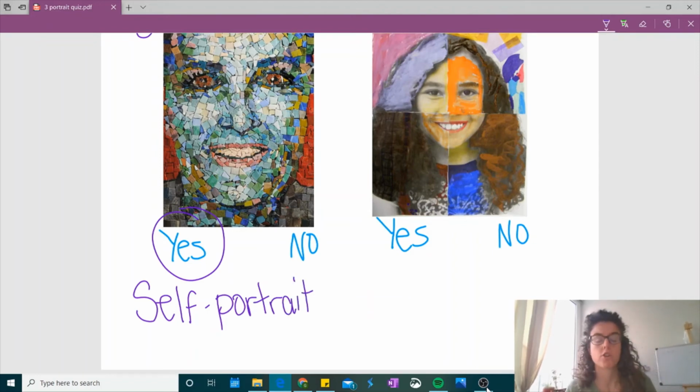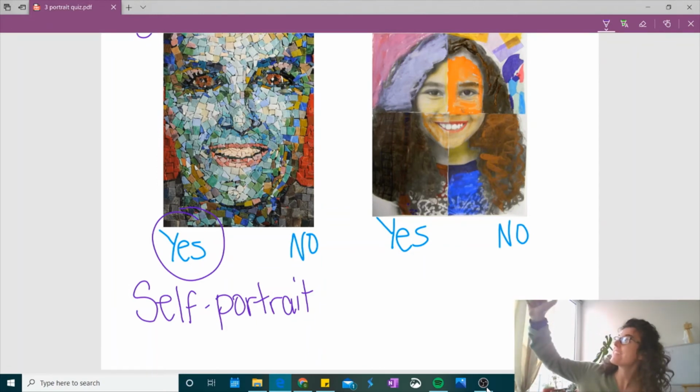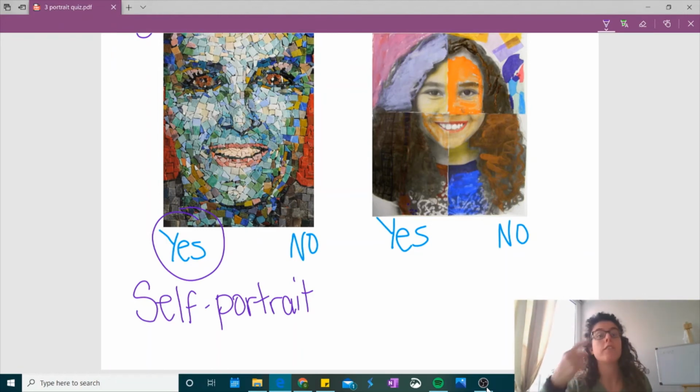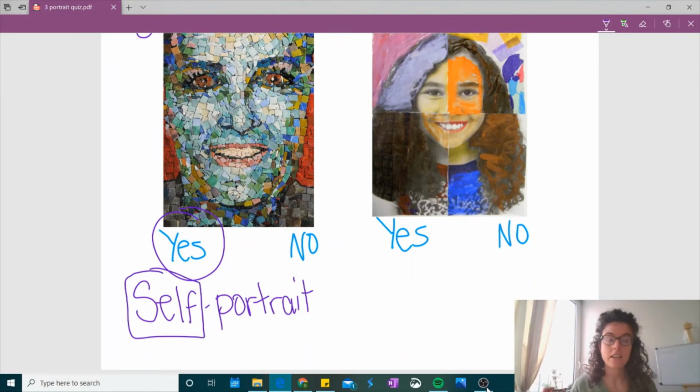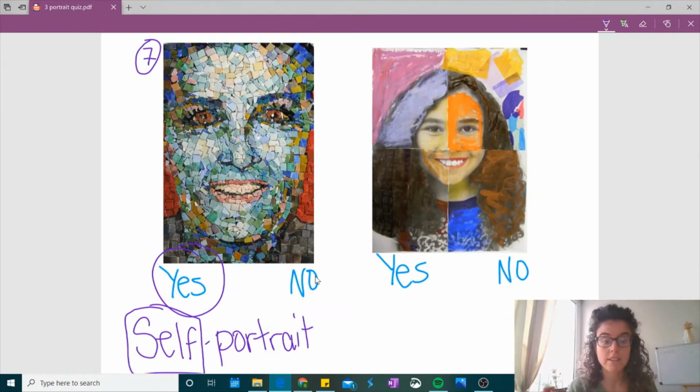A self-portrait is when you are the artist and you draw a portrait or you take a picture of yourself. For example, if you take a selfie, cheese. If you take a picture of your face, that is a self-portrait. Self, because you are the person taking the picture or making the art of you, right? So it's a self-portrait. And this one is actually cool because it's not a painting, it's not a picture,